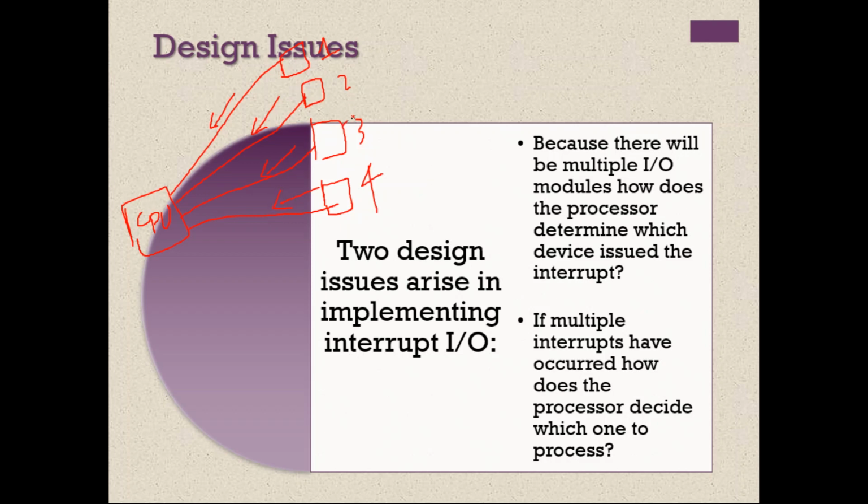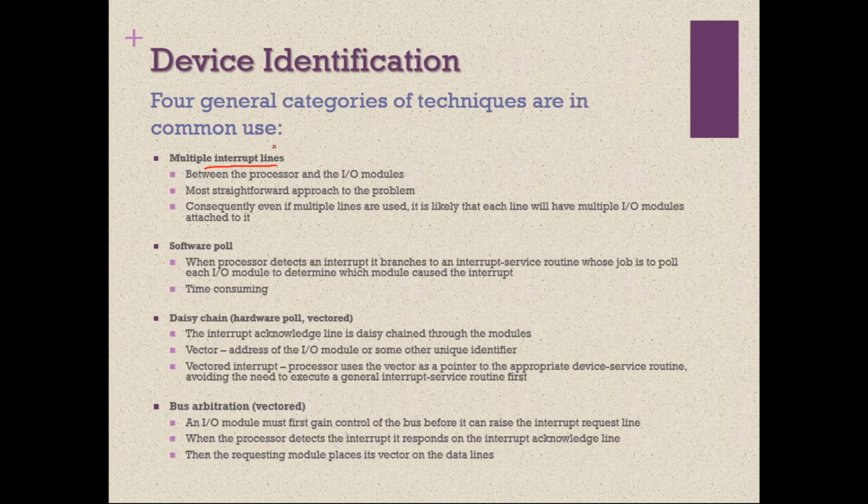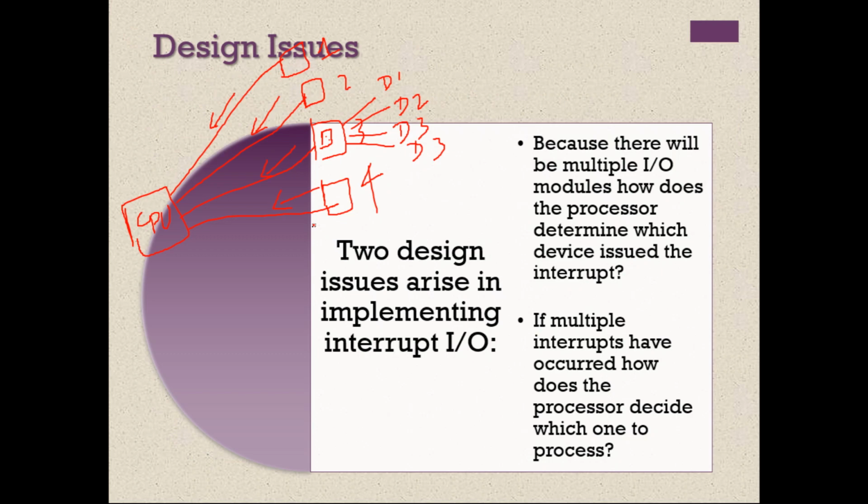Again, each IO module has different IO devices, so that is a different issue. But now at least the processor can understand which module the interrupt is coming from. After that it is up to the module to identify which device is creating the interrupt. It will have some method for that. Then the processor can access that particular module and identify which device has created the interrupt. So the first method says to use multiple interrupt lines, that is, for different IO modules use different interrupt lines.